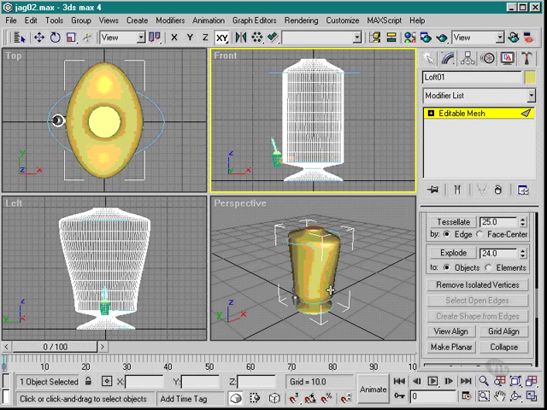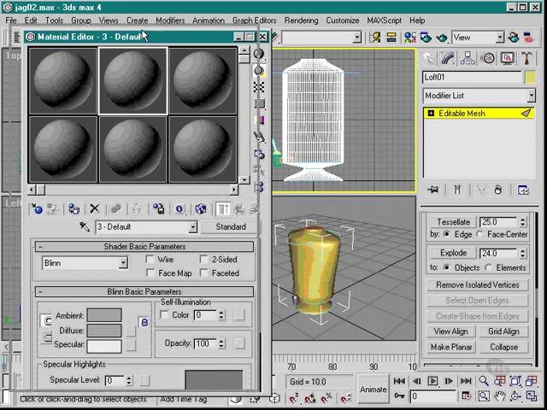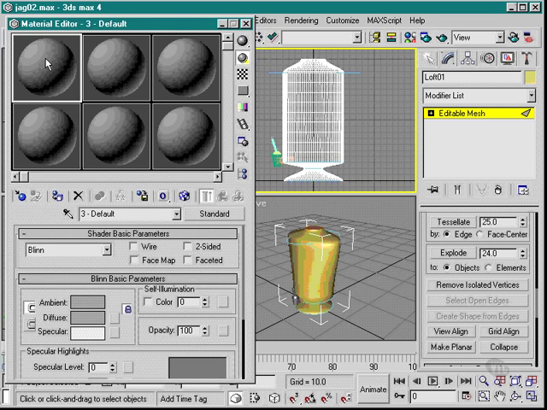Okay, now that we've built the IDs for our meshed object, what we need to do now is build the materials that will fit into these IDs. How we go about doing that is we open our materials editor, like so. Just pick a blank part of the palette, just give it a name. I'm just going to call it